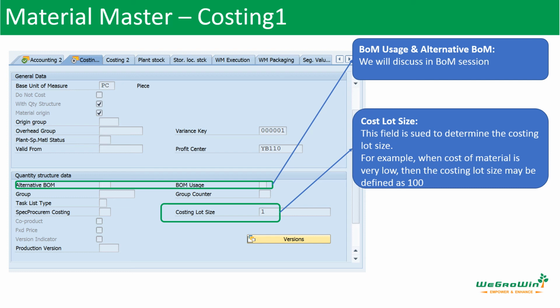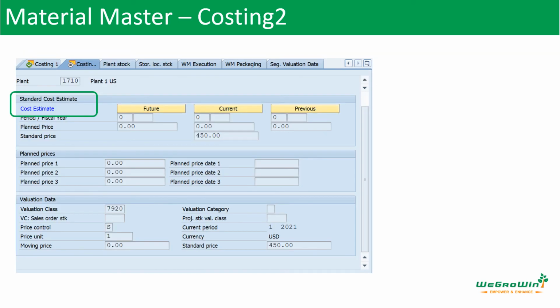So when we have to apply a group or a combination, or the size of the costing has to be like 50 or 100, we can use this field. And if it is just a buying item, where for each item I buy it is the same price, you can use lot size 1. Mostly lot size 1 is used, but if it is required, like what I told now, based on the production, where the setup cost has to be assigned, we can use a bigger lot size number.